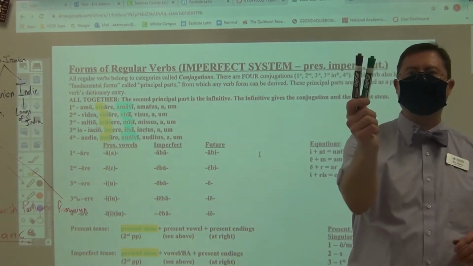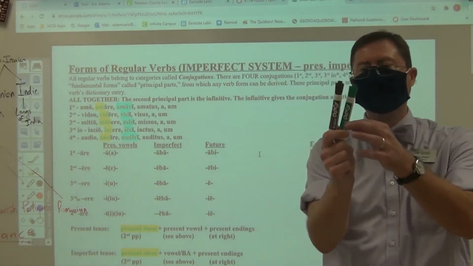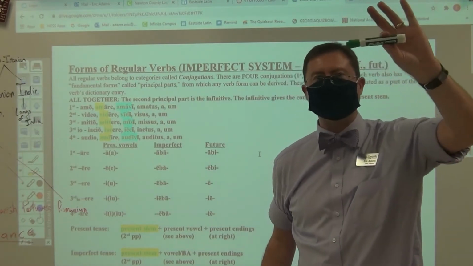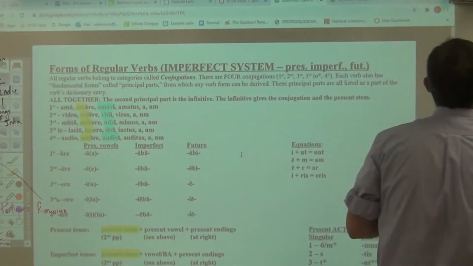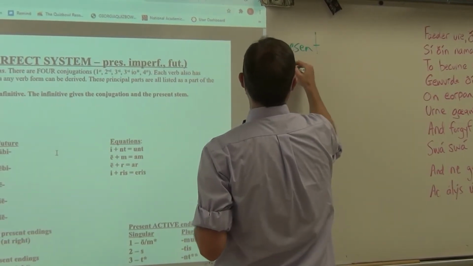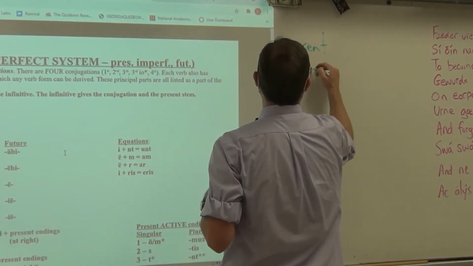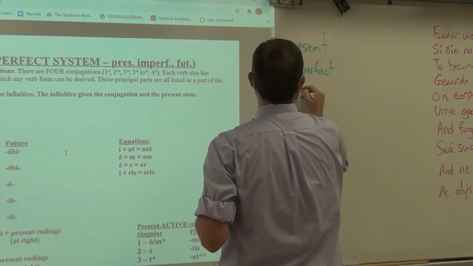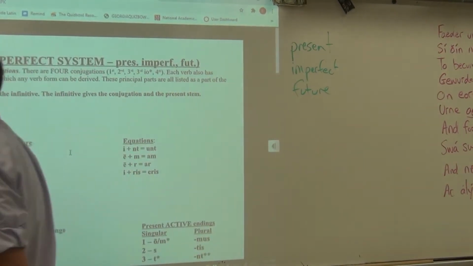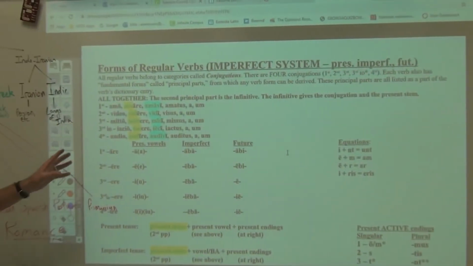Remember that I have in my hand two color markers. There are 6 total tenses in Latin. 3 tenses I write in green, and I'll write them over here at this time. They include the present tense, the imperfect tense, and the future tense. Now the reason why I write them in green, and I don't know if you can make it out, but on this study guide that I